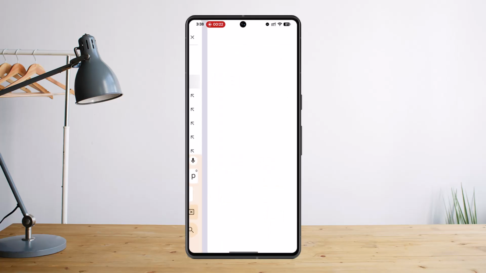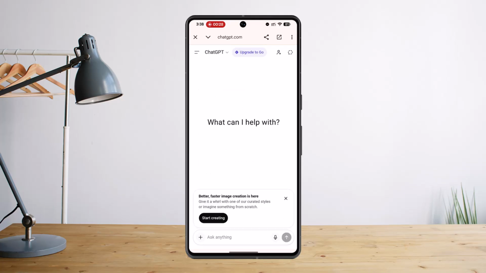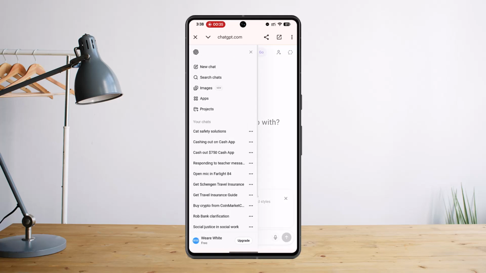So type in ChatGPT, click open that up. Now then you want to go ahead and create your account. So click onto the plus button at the top right corner or tap onto the menu bar and go to the account section and log in with your Google account. Once you're done creating your account with the Google account itself,